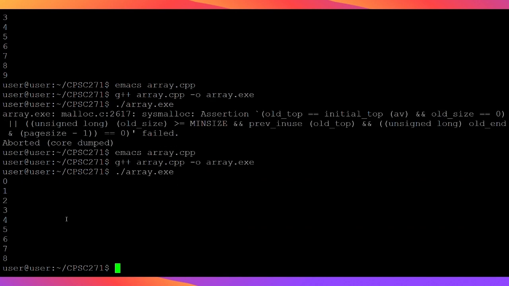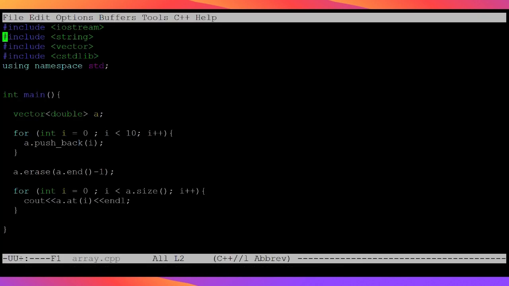There we go. So 0 to 8 now. Yeah, core dumped, dude. You got core dumped. That's funny. Yeah, sometimes the C++ error message can be pretty